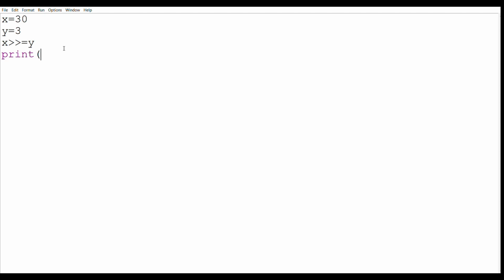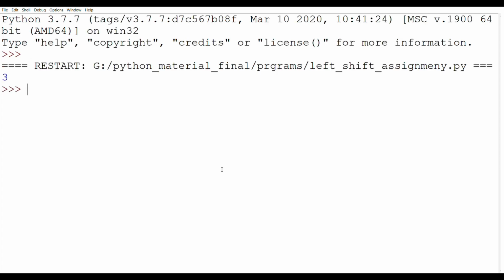Print x and then run the program. So the answer is 3. We have already calculated 3 because it is an integer. If we want the answer in float, then we have to specify that, which we have already discussed in our previous lecture.